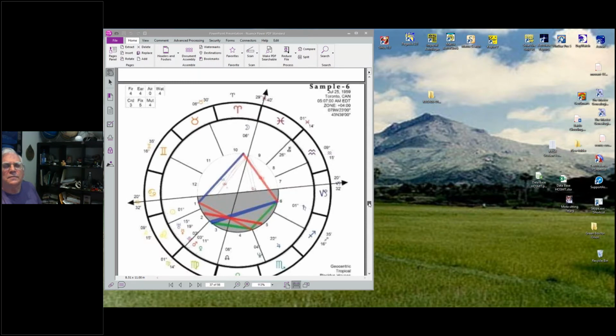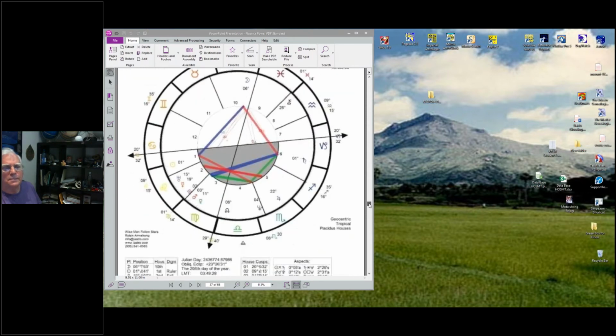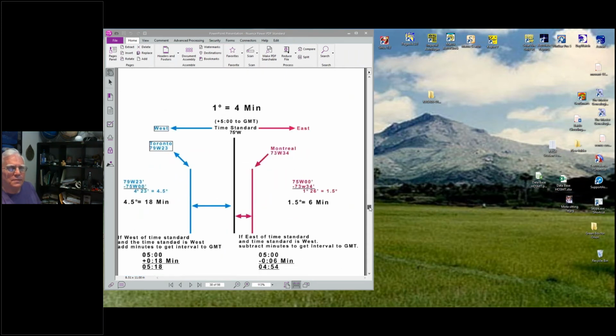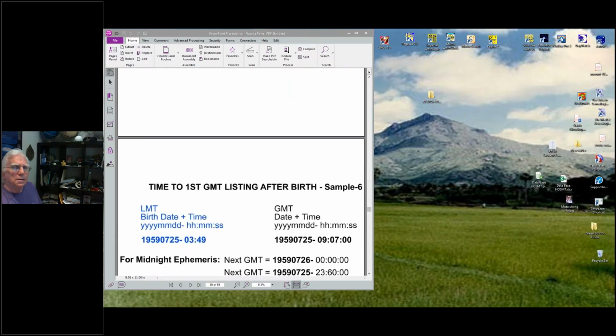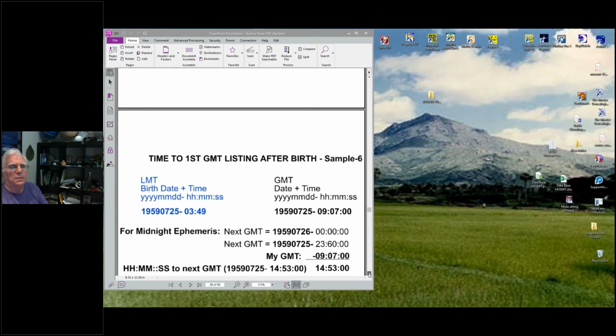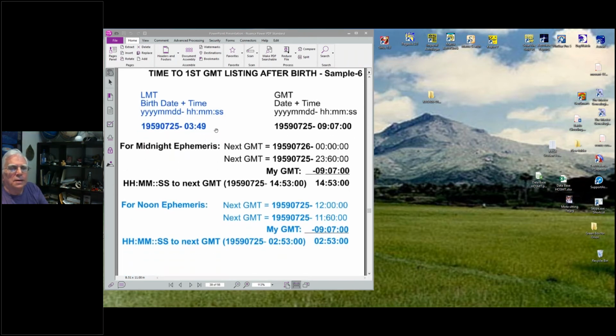Okay, July 25th, Toronto, 5:07 a.m. Eastern Daylight Time, 4:07 a.m. minus 18 minutes, 4:07 is going to come down to 3:49 local mean time, but the GMT is 9:07. So we're getting local mean time and GMT. That's the puzzle here. Once we have that, we have our fixed date, our time of birth. This is the time in England, and we see how long that is to the next midnight. The next midnight will be the 26th. So we put July 25th, 2400, like 24 hours. Subtract it, we're at 14 hours, 53 minutes on July 25th. So that's 14 hours and 53 minutes to the next